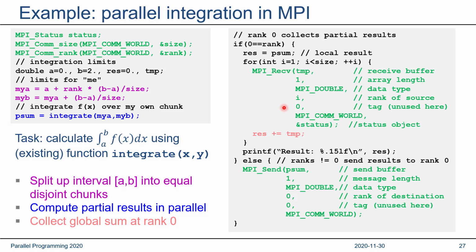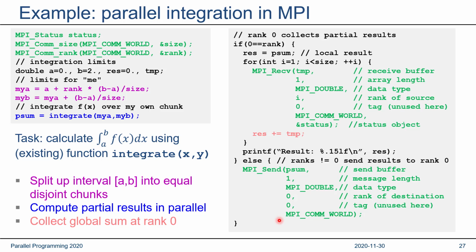After the receive call returns, the partial result from rank i has been stored into the buffer temp, and then we accumulate it into the global result variable. After the loop is done, every slave rank has sent their data to the master, and the result can be printed. Now the else branch of this if condition, this is where all the ranks go that do